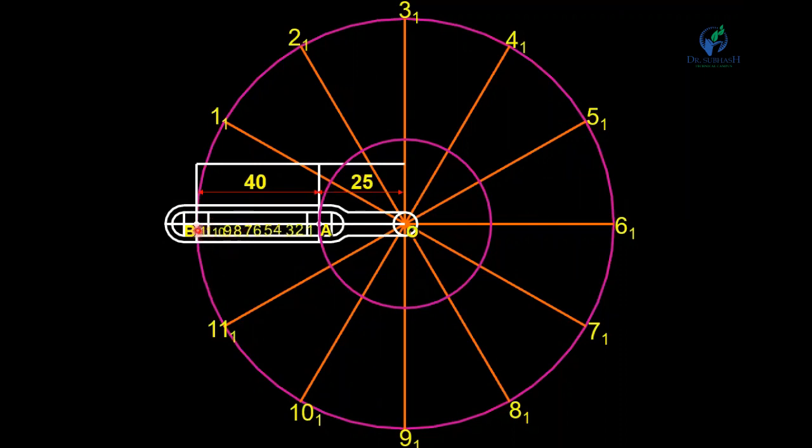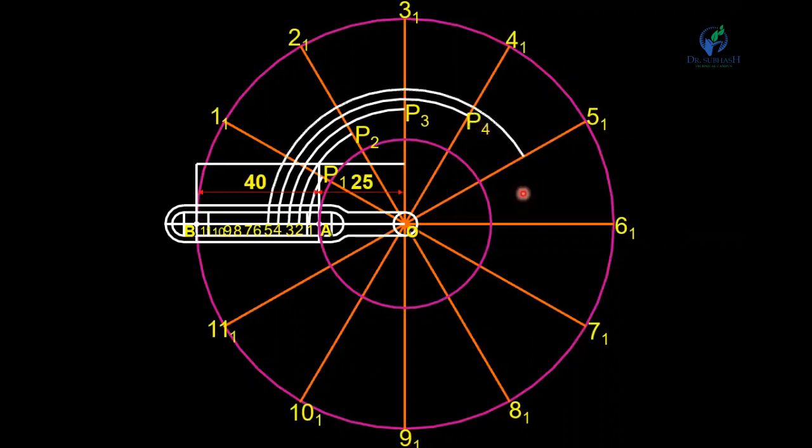Now divide this distance AB into the 12 divisions. Now this O as the center, radius equal to O1 and draw arc. So you will get the point P1. Now O as the center, O2 radius and you will get the point P2. Similarly, O center, radius O3, P3 point,